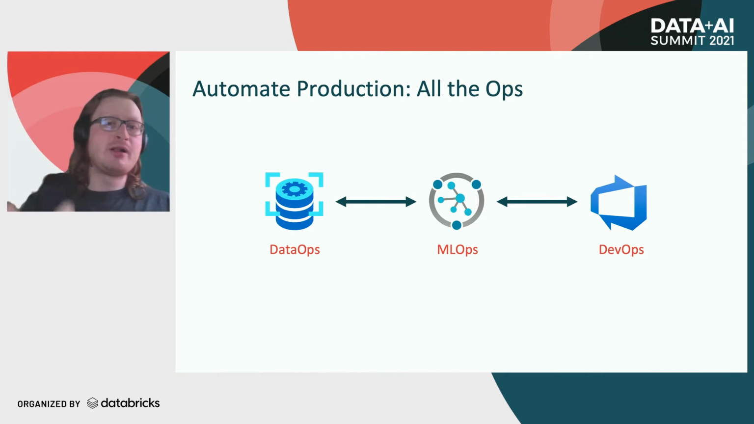So DataOps, MLOps or AIOps, and DevOps. DataOps brings your governance together, keeps track of your data sets and so forth, and how you set up your data pipelines. MLOps takes care of the overall automatic deployment, model drift and data drift, and anything that